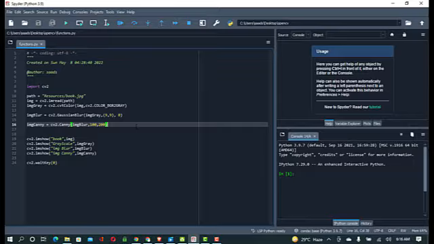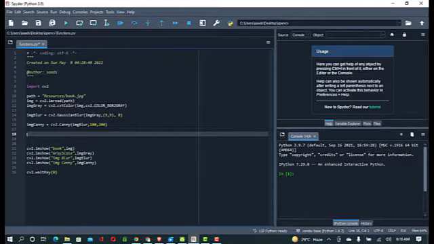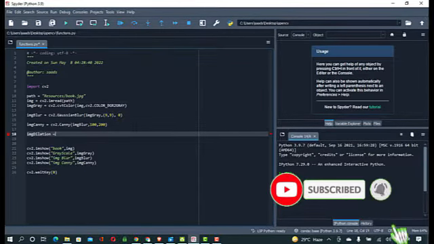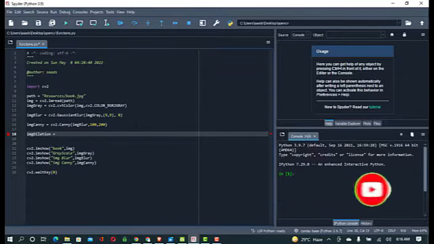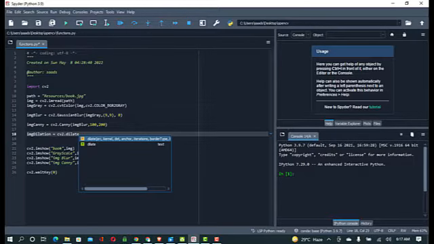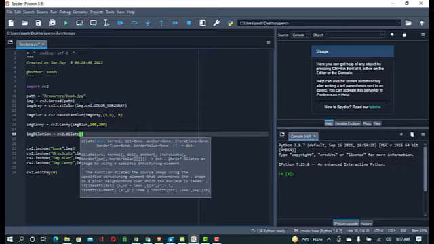So we can write image dilation is equal to cv2.dilate, and we can give the image. We can use here image scanning,